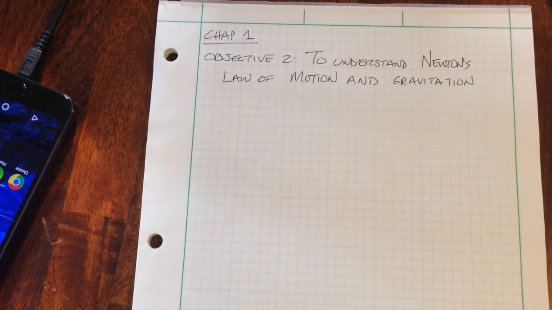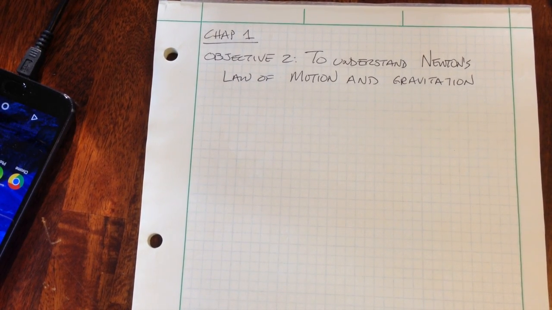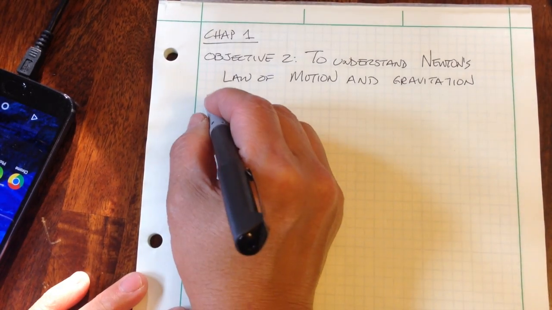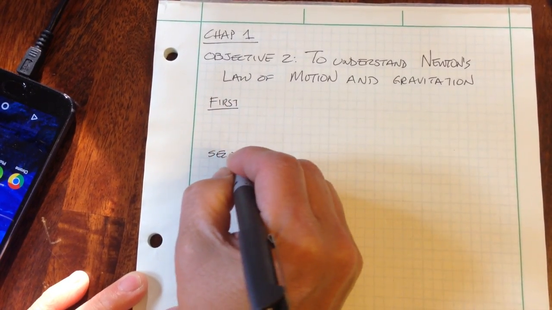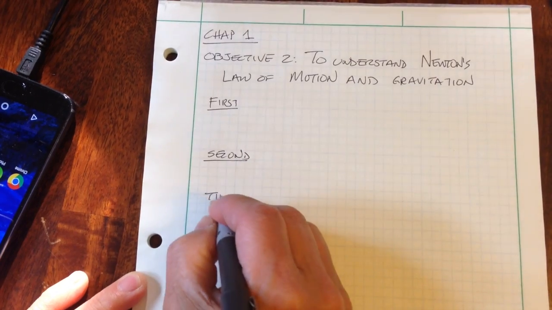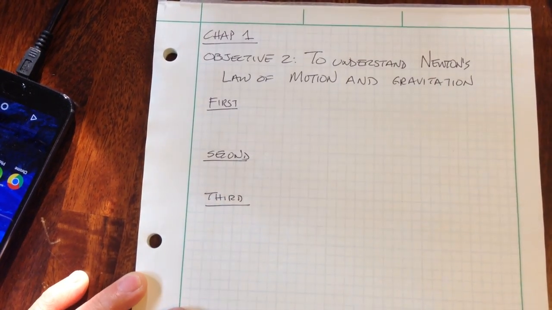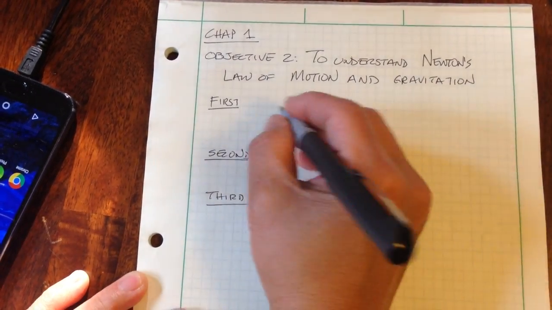Objective 2 for Chapter 1, to understand Newton's law of motion and gravitation. So Newton's law of motion consists of three laws: the first, the second, and the third. The first law talks about equilibrium,